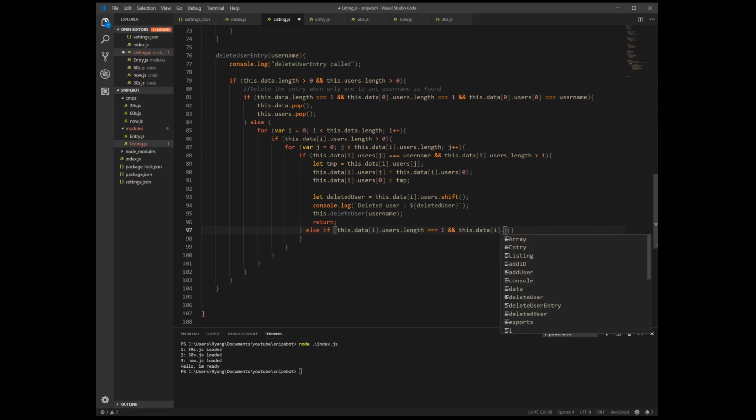If this.data[i].users[0] is equal to my username.